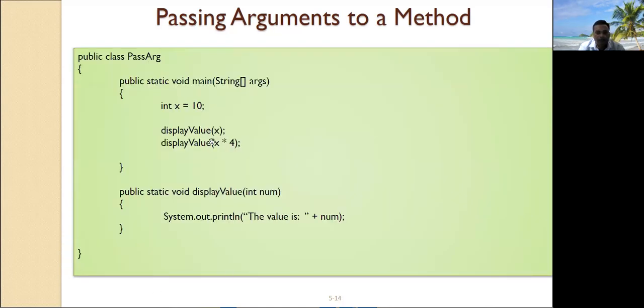Here, this example shows that we declare a method display value having one parameter, num, of type int. When you call this method, we have to pass an argument of type integer, and we have to pass only one argument to this method.